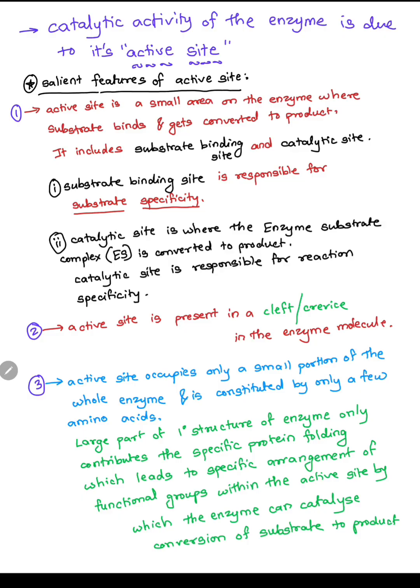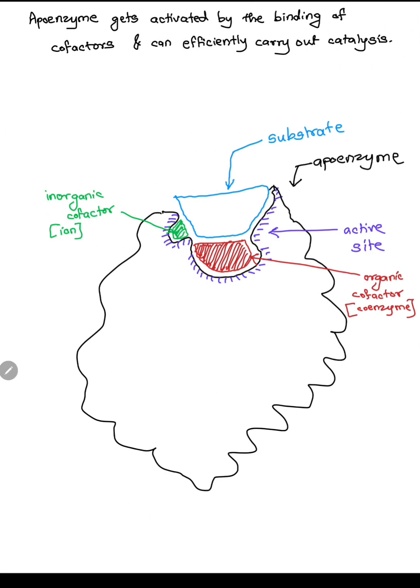An active site is a small cleft or crevice in the enzyme. Active site occupies only a small portion of the whole enzyme and is constituted by only a few amino acids, and the large part of the primary structure of enzyme only contributes to that specific nook. You can see here it's just a diagrammatic representation. If you see the 3D models on websites of enzymes, it's like a small cleft in a big mountain, a small cave, which is the active site of the enzyme,